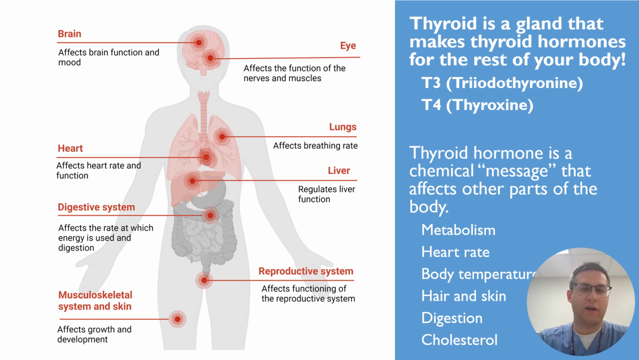So what does your thyroid do exactly? The thyroid, like we said, is a butterfly-shaped gland in your neck that makes thyroid hormones for the rest of the body. You'll hear these described in this video as T3 and T4. Thyroid hormone is essentially a chemical message that affects other parts of the body and has a role in controlling your metabolism, how quickly your body is using energy, your heart rate, body temperature, your hair and skin, digestion, and